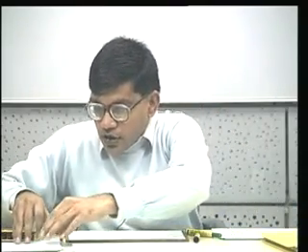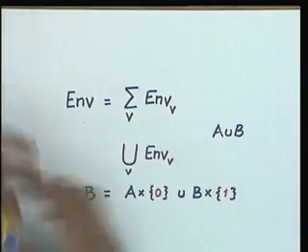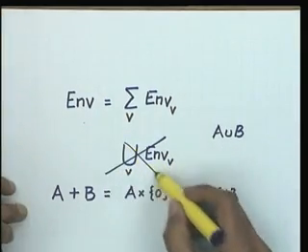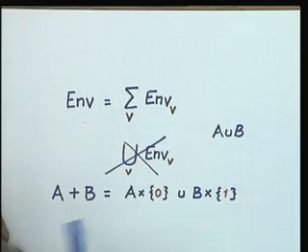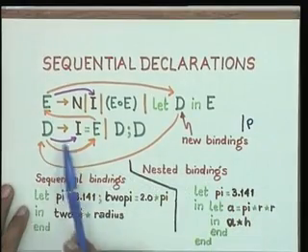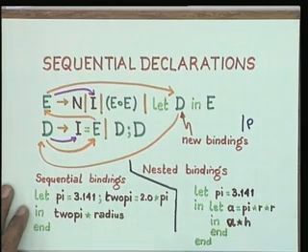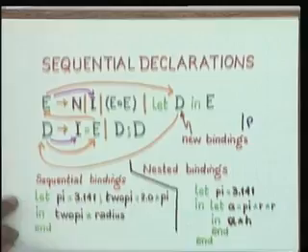So this environment, just in order not to confuse matters, is a disjoint union and not a mere union. It is a disjoint union of all possible environments that you can have. So this is the set of all possible environments as a separate grammatical entity because it has a separate logical meaning. We looked at some simple examples of sequential declarations, nested declarations, and